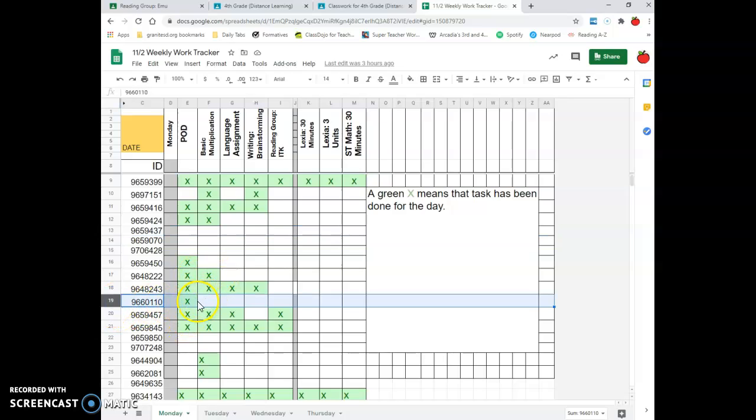For instance, this friend has done the problem of the day, but is missing a few after that, whereas this friend up here has completed everything for the entire day. And once their screen looks like this, you know that they're done. These may not get updated